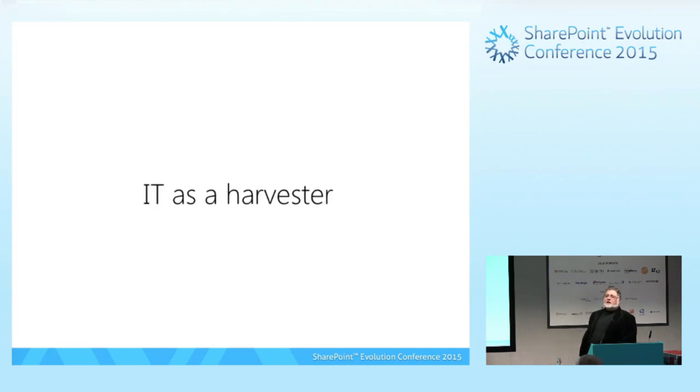IT should be really good at harvesting things, finding best practices out in the trenches, perhaps refining them or improving them a little bit, and then making them available to everyone else. This was the final thing I wanted to say before I jumped into part 2 of all of this,